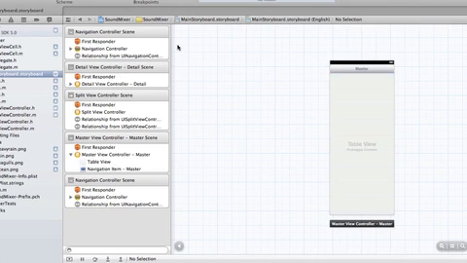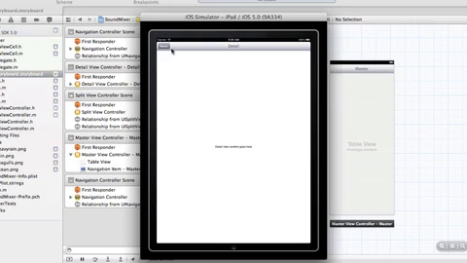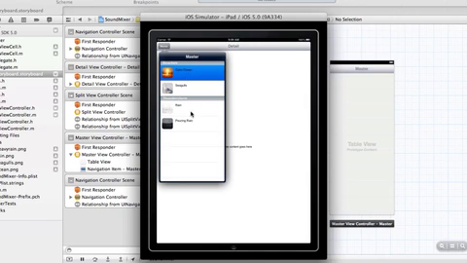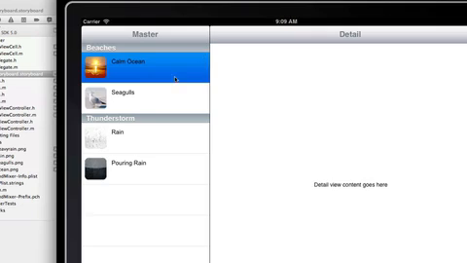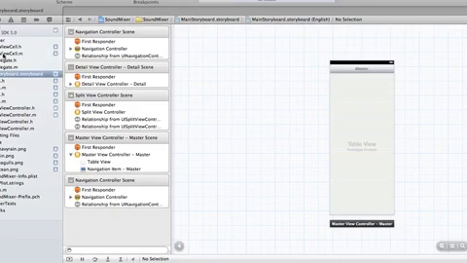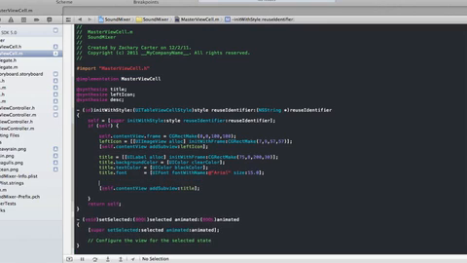So let's go ahead and recompile, and we'll see here that they are now perfectly sized. So now all we're missing is our description. So let's go ahead and add the description. If we quit here and we go back to our master view cell and we come here below the title, we're going to say description equals